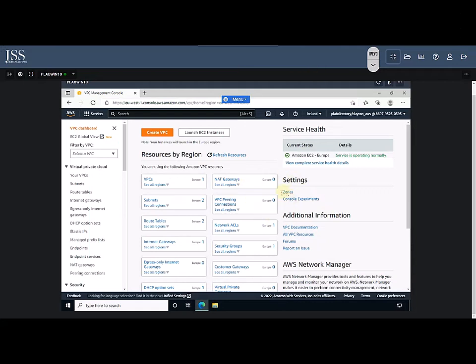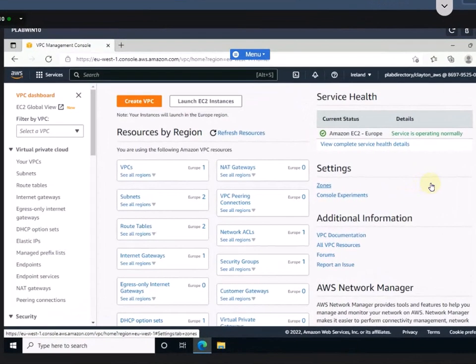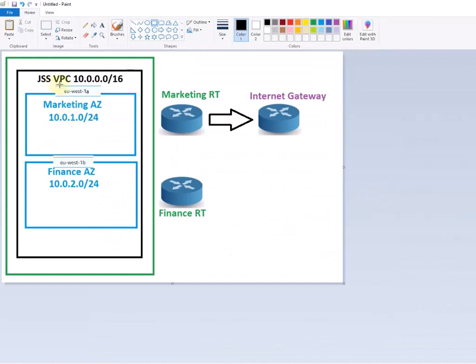Hello and welcome to the EC2 lab. This lab is going to be the continuation of the VPC lab that we already covered in our earlier session. If I show you the topology, we have created the VPC, and inside the VPC we have created two availability zones, one marketing and one finance. With the marketing availability zone we attach the marketing routing table, and with the finance one the finance routing table respectively. Then we created one internet gateway and attached it exclusively to the marketing routing table,